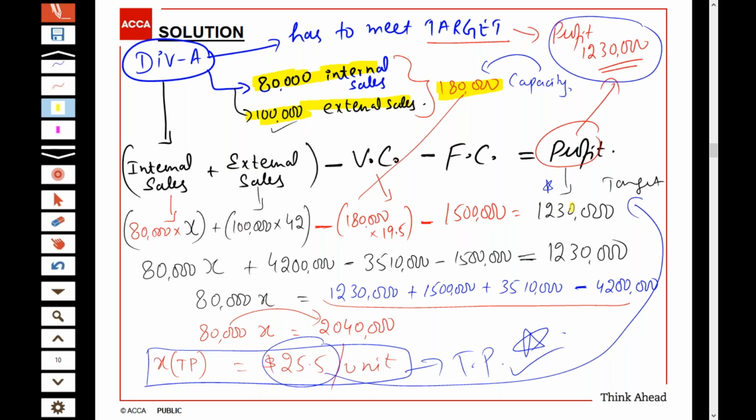I just prepared the income statement in a horizontal manner to save my page and to make it visible in one sheet. This is the internal sale. This is the external sale. Now the internal selling price is unknown to me, which is my requirement. For external sales, there's a total sale minus variable cost minus fixed cost, which gives the total profit. So I did the reverse calculation and got 25.5, which means I will be ready to sell at 25.5 to my internal division, because it will achieve my target.